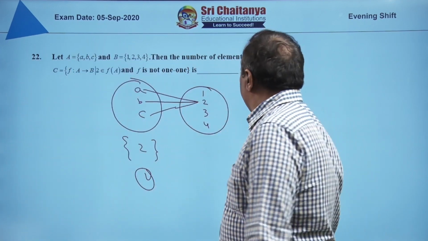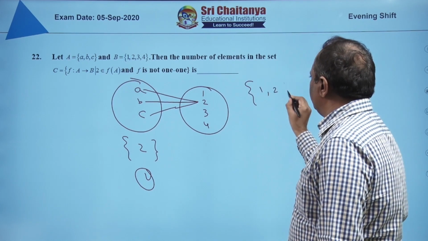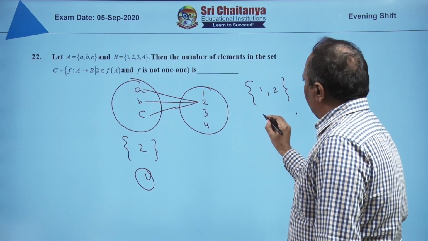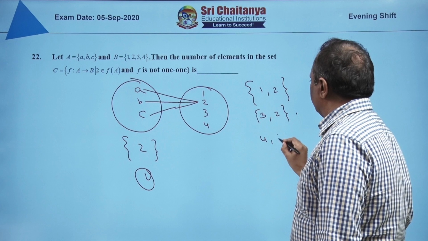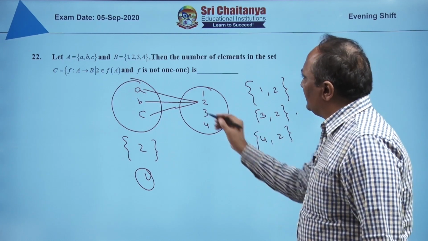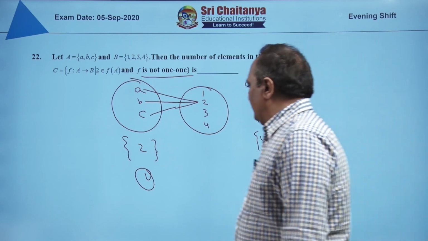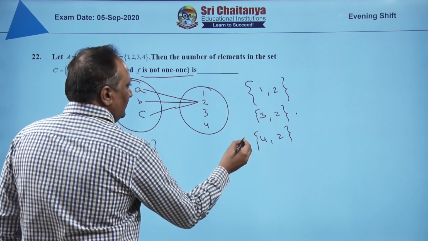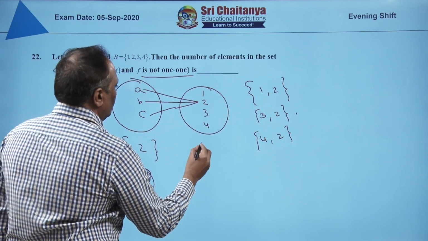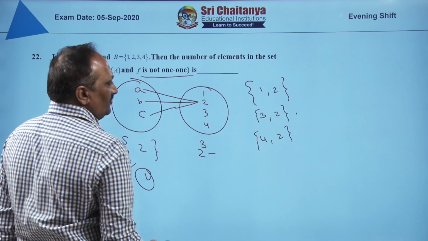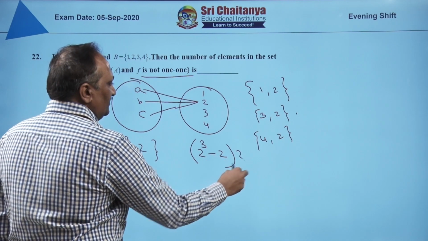And if the range contains the elements either 1, 2 or 3, 2 or 4, 2. In each case, the function is not 1-1 as given. The number of functions we can identify in this case, here is one function already. Here the number of functions we can write with 2 elements in this set, that is 2 cube minus all are mapped to 1, all are mapped to 2, you have to eliminate, minus 2. Like that there are 3 elements into 3 you can write.